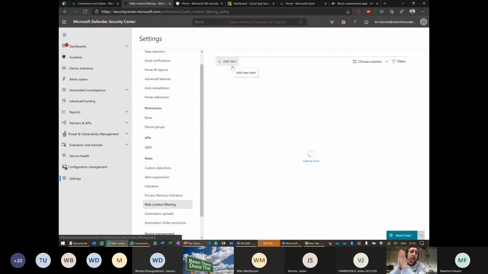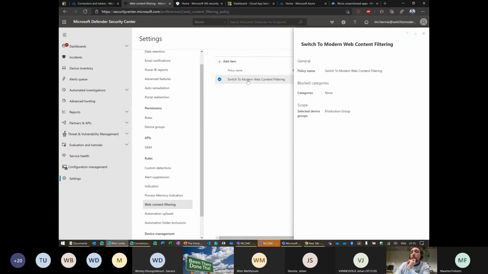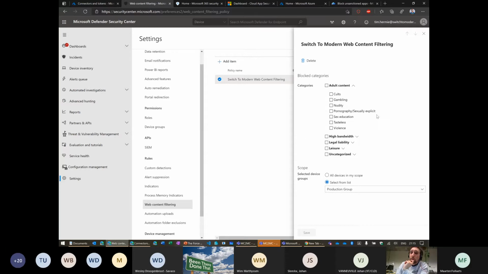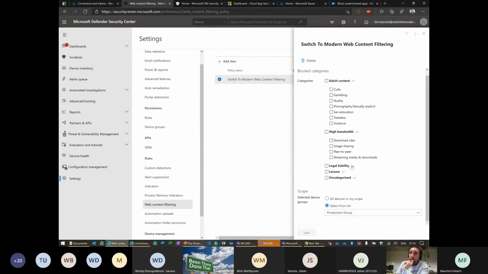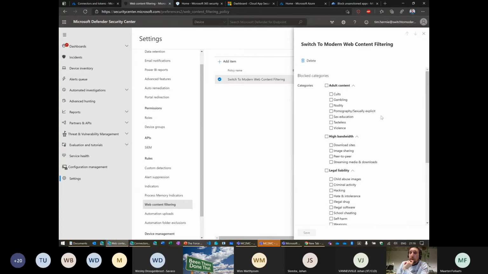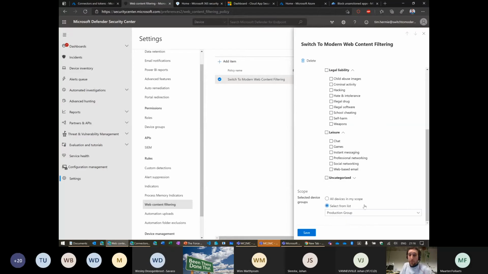It's an easy spam filter or an easy web content filter. I'll show you what you can block, for example. So adult content, download sites, peer-to-peer sites. It's pretty logical. And if you say that you want it blocked and you save it, you won't be able to go to those sites in this group. Yeah? You can just select your group here.